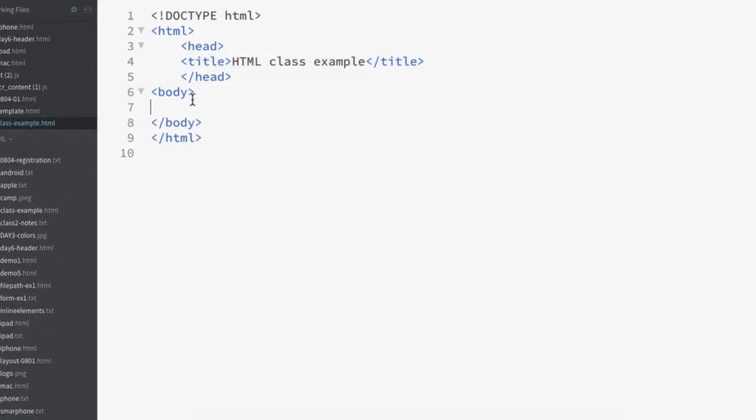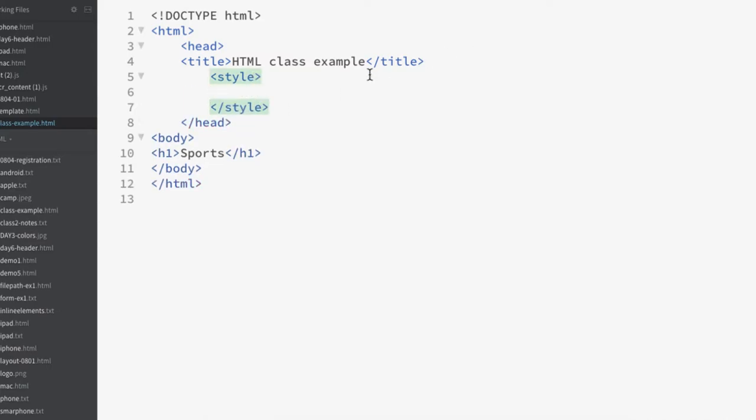Now under the body, first let's create an h1 tag. I want to write a topic about sports. So this is sports, and I want to apply some styles. In the head section, I want to create a style element.